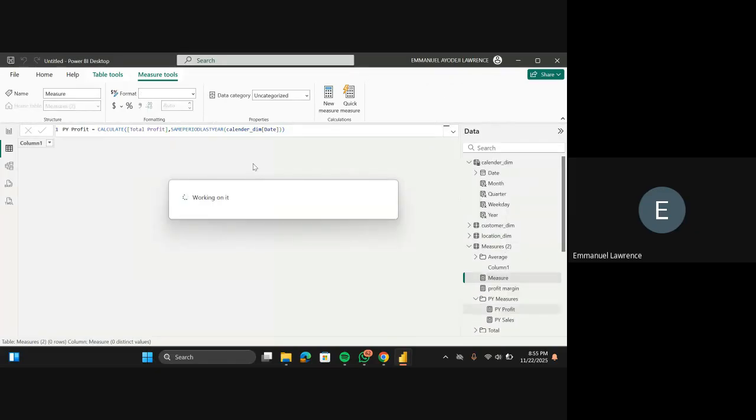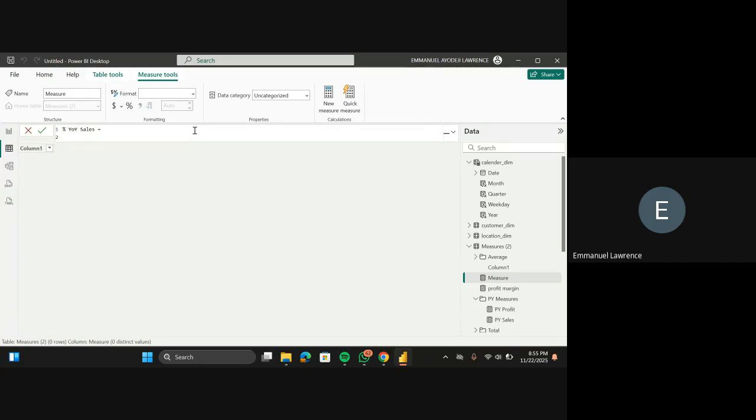I'll call this year over year sales. I'm going to add the percentage symbol because it's going to be percent year over year. It's usually written like this. So year over year sales equals, and now I'm going to drop to a new line. I'm going to create a variable and call it variable A. And my variable A equals what?